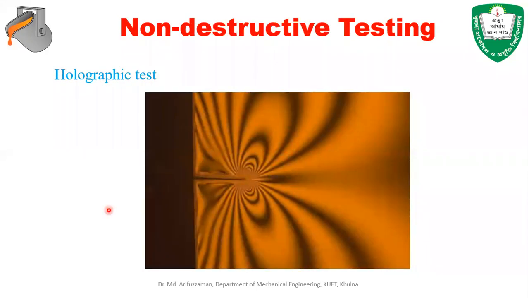Okay, any question? স্যার holographic টেস্টটা স্যার আরেকবার একটু বললে ভালো হয়।